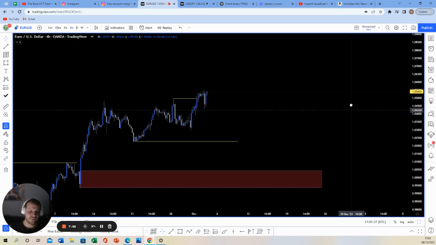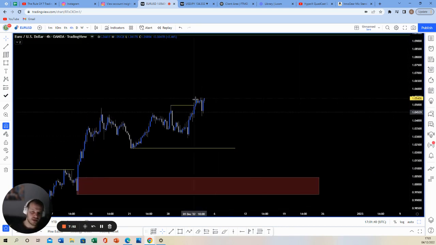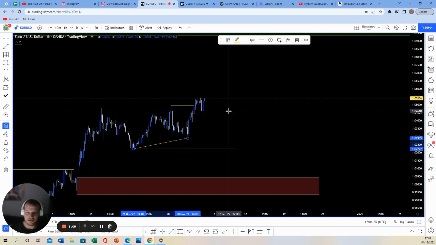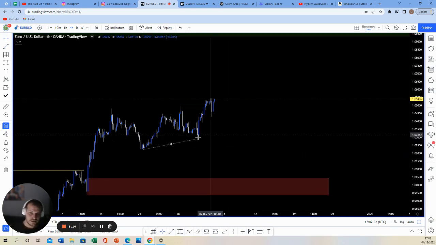So yeah, by the looks of this, I know we've broke it and we've tapped into this area. We've wicked this demand zone a tiny bit. But what personally I'm seeing is this low and this low. That looks like nice liquidity ready for a sweep. So let's get rid of this line. So we are still breaking to the upside, but obviously I wouldn't be selling. I do try and sell sometimes, so I can't tell my grandma how to suck eggs. But we shouldn't